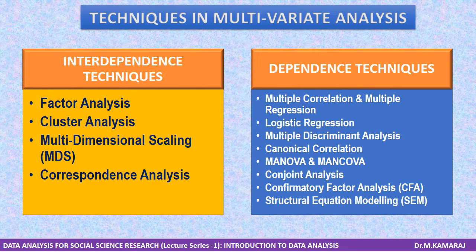Then multiple discriminant analysis. If the dependent variable is dichotomous like yes or no type, then multiple discriminant analysis is an appropriate technique. This technique helps to understand the group differences and to predict the possibility. Then canonical correlation. Canonical correlation analysis is a descriptive method that seeks to obtain measures of association between two sets of multivariate observations.